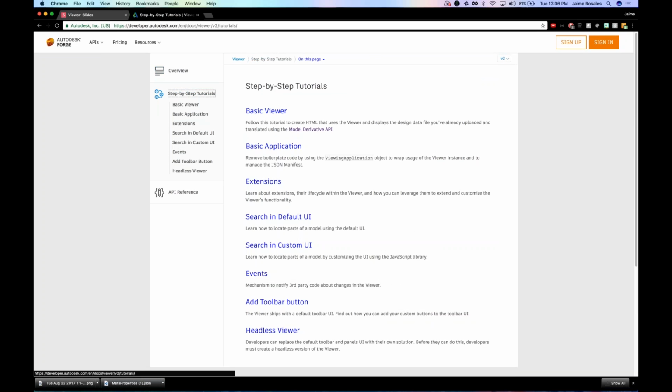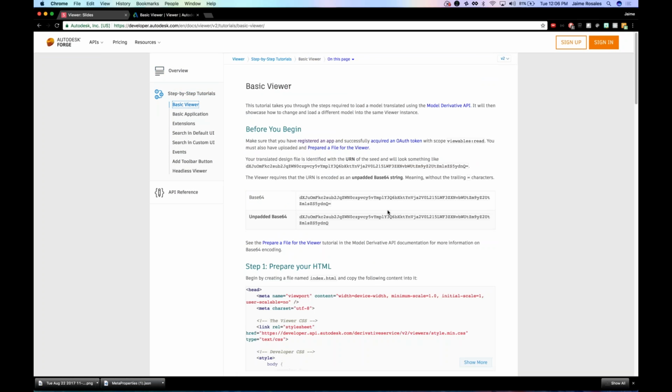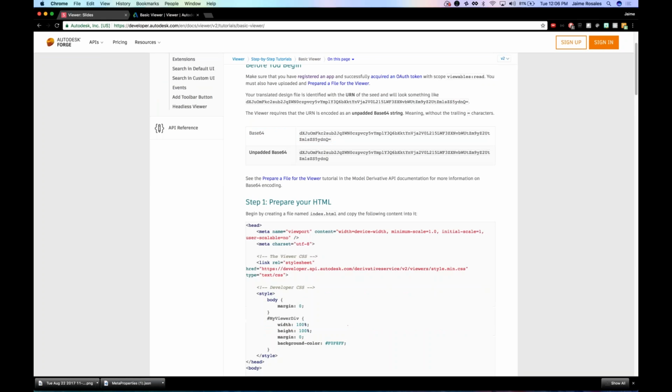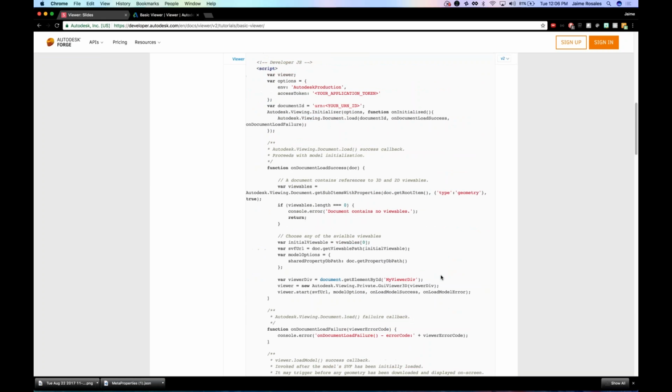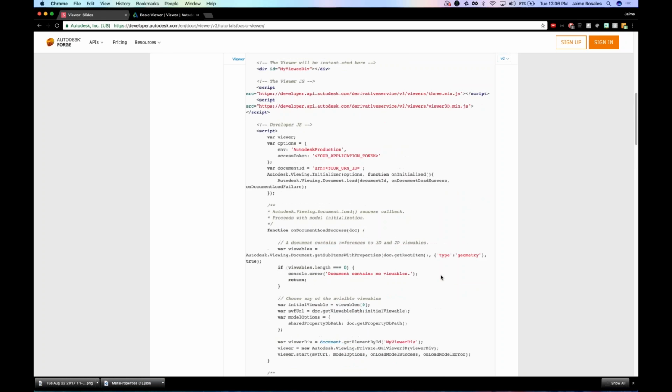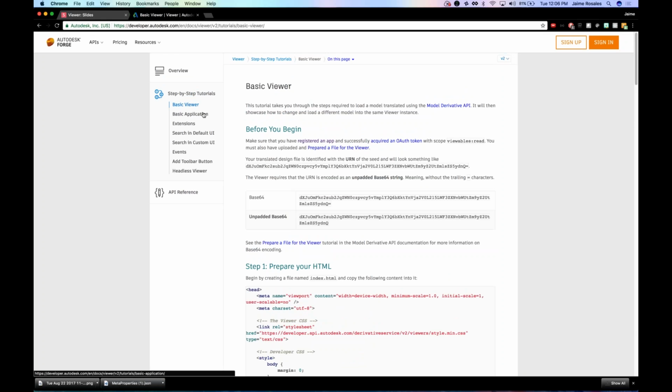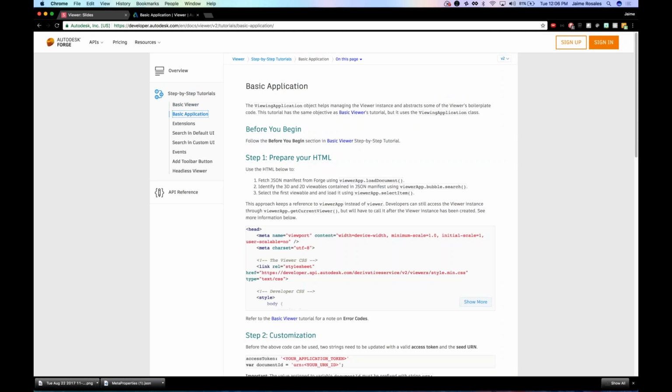There's a couple of step-by-step tutorials. So there is access to a basic viewer where you can visualize the code in order to learn how to load, for the first time, a basic viewer itself. I would recommend going more with the basic application because I'm pretty sure you guys are going to be using